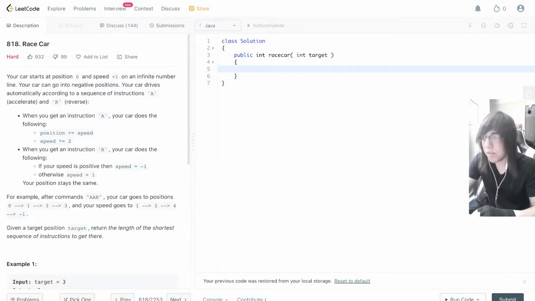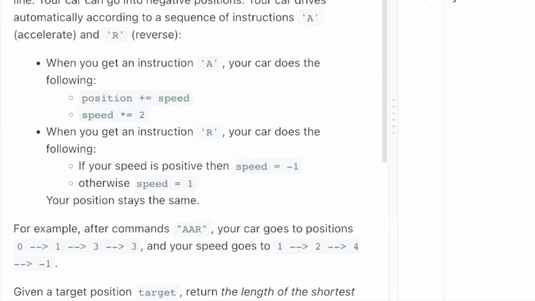All right, 818 race car. So we have a car that starts at position 0 and it has a speed of 1. And we can give our car two instructions. The two instructions are accelerate. If we give it an accelerate instruction, it will increase our position by our speed, and then we'll double our